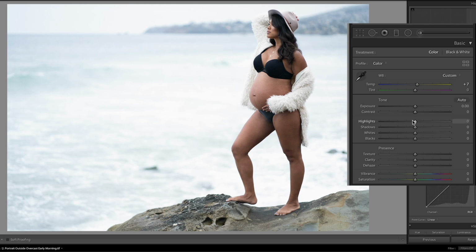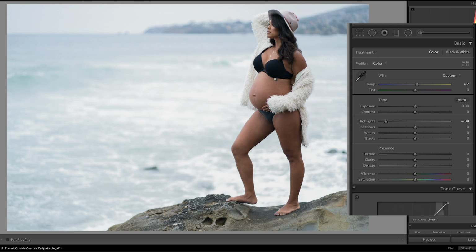Next, what we're going to do is bring down these highlights so that we can see a little bit more of this ocean back here. This is looking really, really nice to me. I want to soften her skin just a little bit, but as you can see, if I use the clarity tool, it really does adjust everything in the photo. So if I want to keep a little bit more crispness in this background,